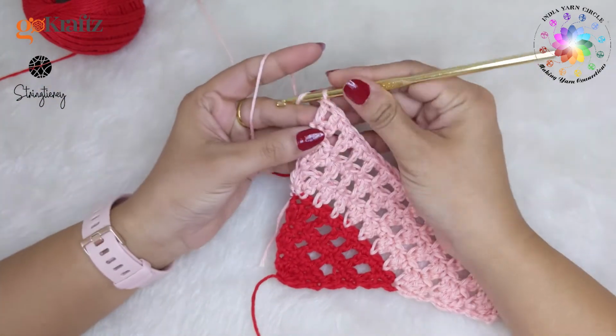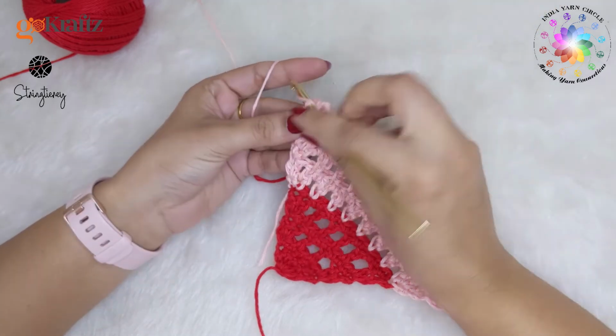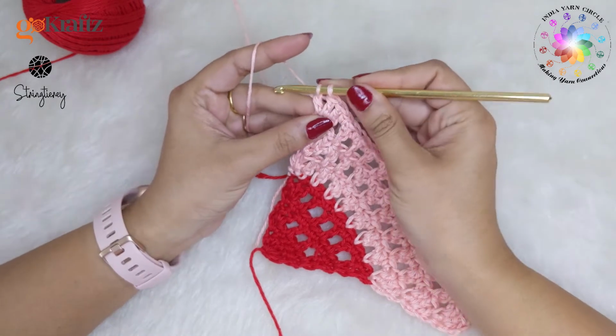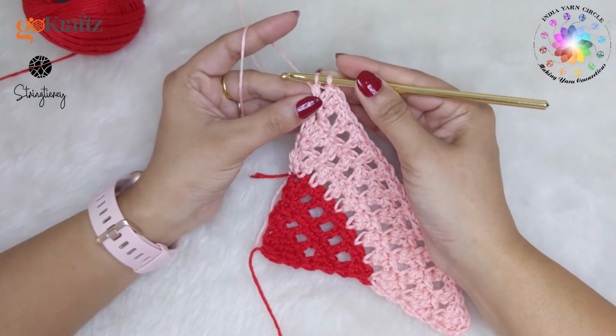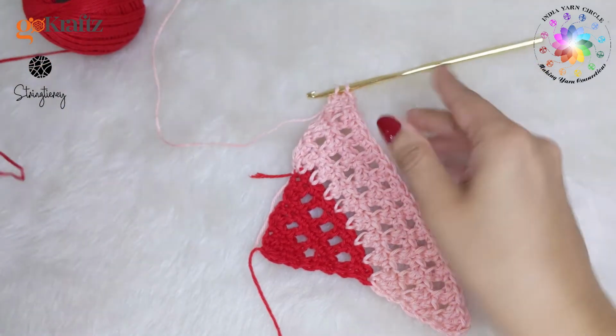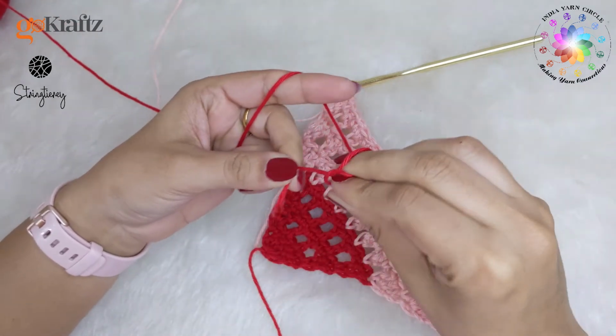And I have the last double crochet that I need to make. So I will yarn over, insert the hook, pull up a loop, yarn over, pull through 2, and like before, I'm not going to complete that stitch with the same color. I will take the next color, make a slip knot,